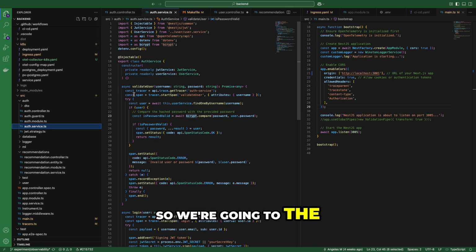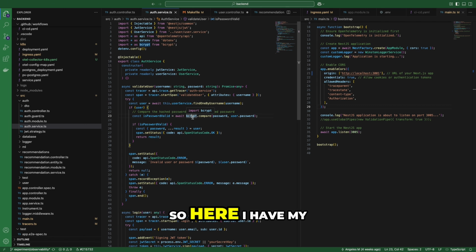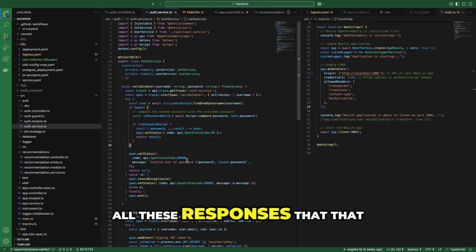Well, going to the backend code once again in Nest.js. This is a JavaScript framework. So I have to go to my service file, where I have all my functions that interact with the authentication. Here I have my validate user, which has my find user by name, and actually all these responses that I'm triggering here,